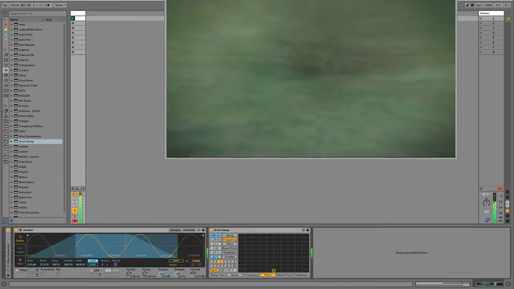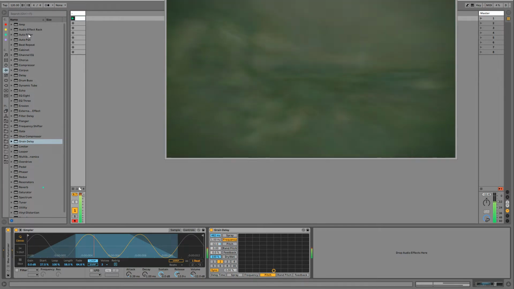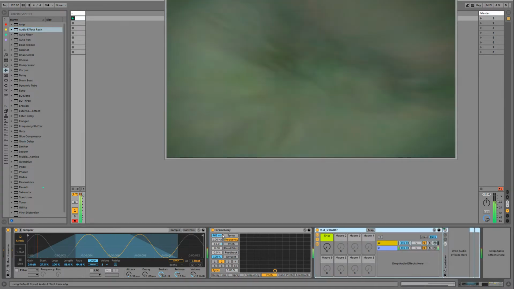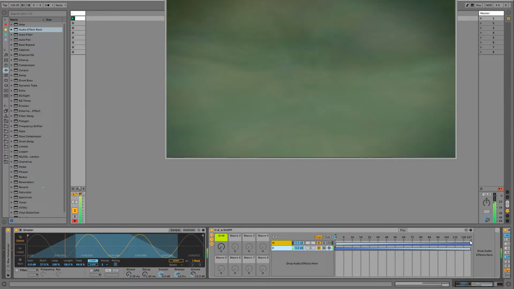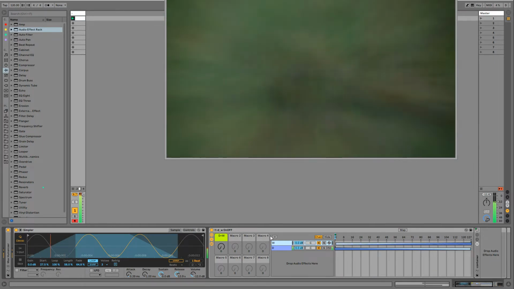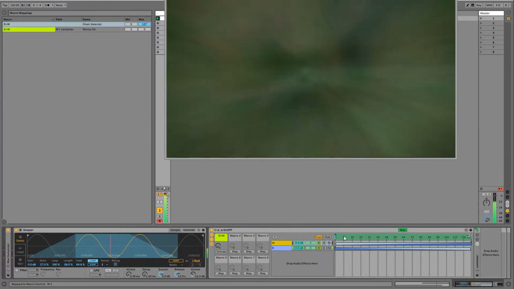Super clicky on the wet and dry there. I really don't know why some of the Ableton effects' wet and dries are really smooth and some are clicky. You'd think by Ableton 10 they would have fixed that. But anyways, my workaround is to have an Ableton rack where in the chain you've got two channels. One is your wet, where I throw my effects. One is dry, and you can drag and fade these to create a sort of ramp there. And I like to map clicking on this thing here to this knob.